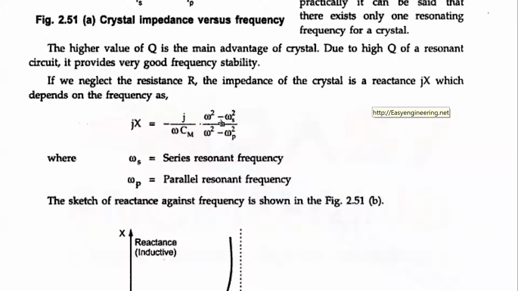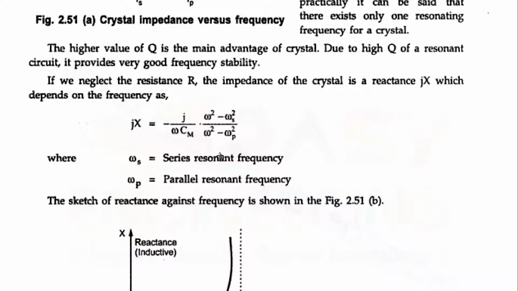For example, if this numerator, omega square minus omega square, is becoming infinity, then we'll have an infinity by infinity form. We have to use L'Hospital's rule and simplify. So you have to be very careful. Anyway, here let us see what is the situation.